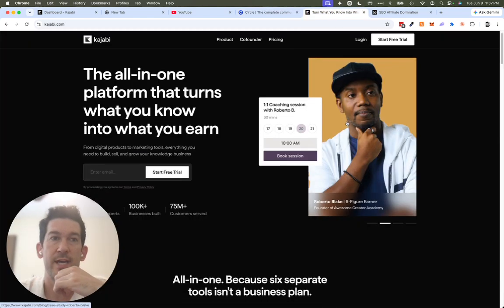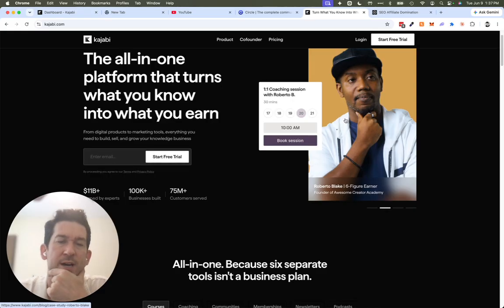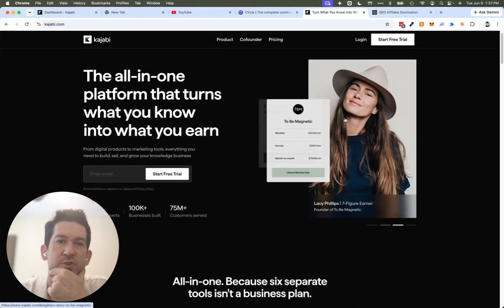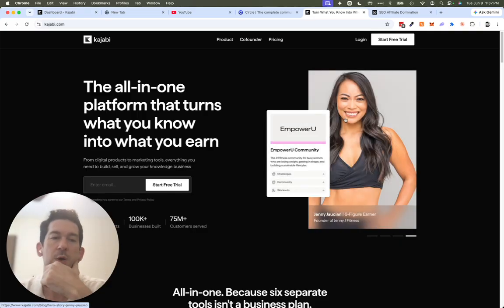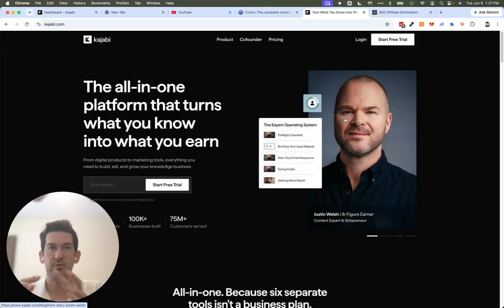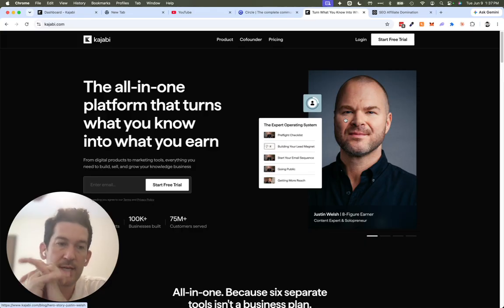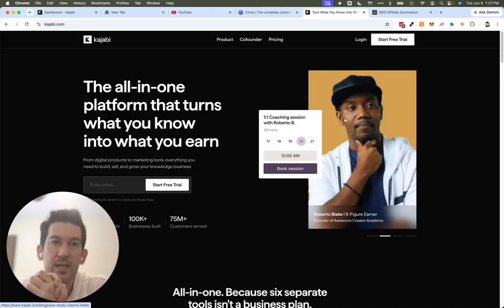Now, on the other hand, Kajabi, it's got some of the same features, but I think Kajabi has introduced more new features in the last year or two, which have made it more and more of an all-in-one platform. But how I still kind of categorize Kajabi is a place for if you're mostly selling digital products,